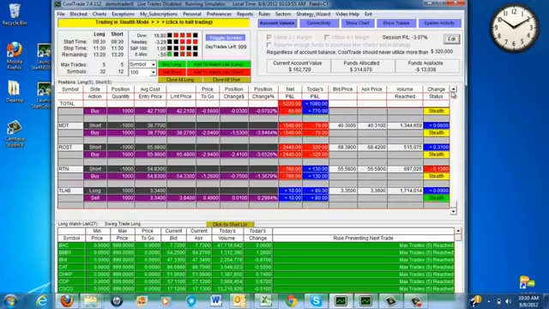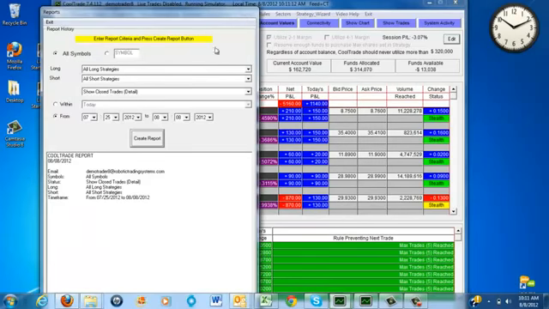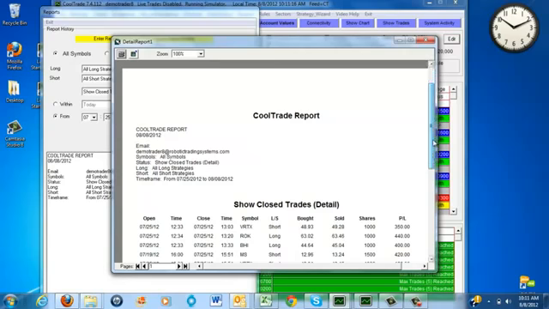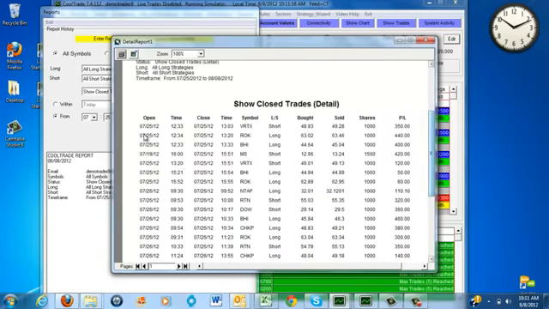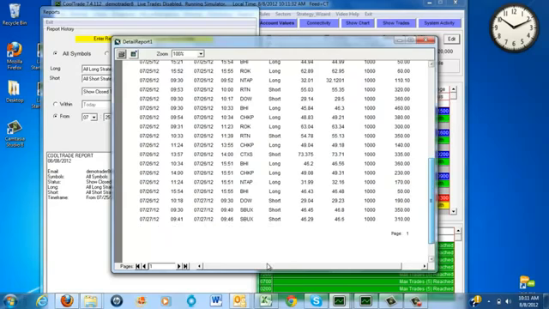The market's been rallying upwards and it's been closing out the long positions, and the short positions it will wait for a correction, and it will begin closing out the short positions once that occurs. So here, if I look at a report from 7/25 to today, you can see 7/25 it opened up the first position here and then closed the first position here. It was Vertex short, the buy and sells reversed, ended up making $350. So these are all the trades that it has done since 7/25,